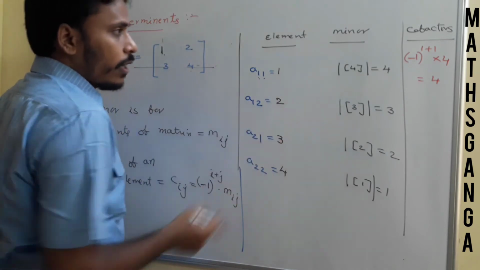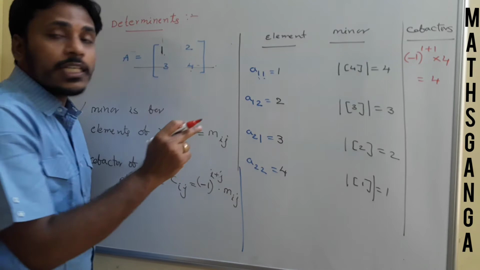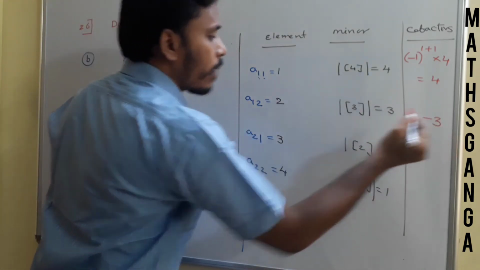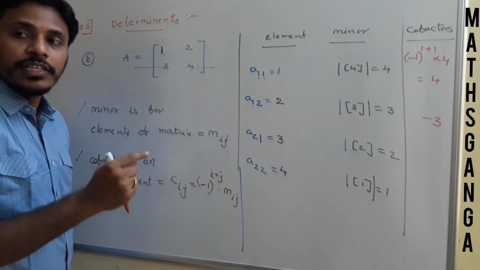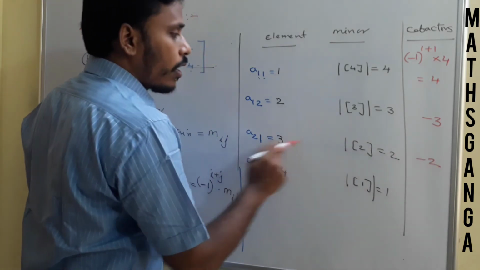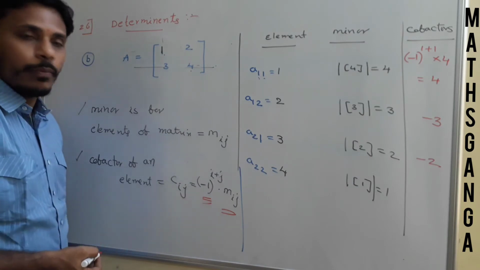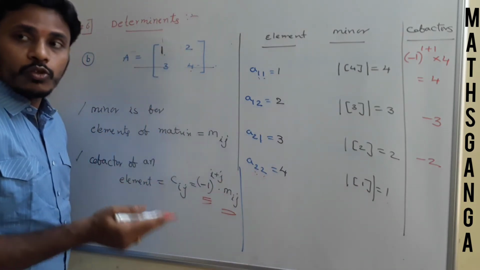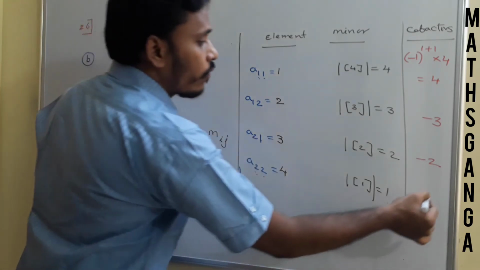Whereas coming to this one, this is 1 and 2. 1 plus 2 is 3, an odd number. So -1 to the power 1 plus 2 is -3. So here the cofactor is -3. Whereas here again 2 and 1. 2 plus 1 is 3. So -1 to the power 3 is an odd number. Again you will get here -2. Okay. See, this minor you need to multiply with this -1 to the power i plus j. Whereas here it is 1 and here 2 plus 2. 2 plus 2 is 4, an even number. So -1 to the power of an even number is 1, into 1 will give us 1.